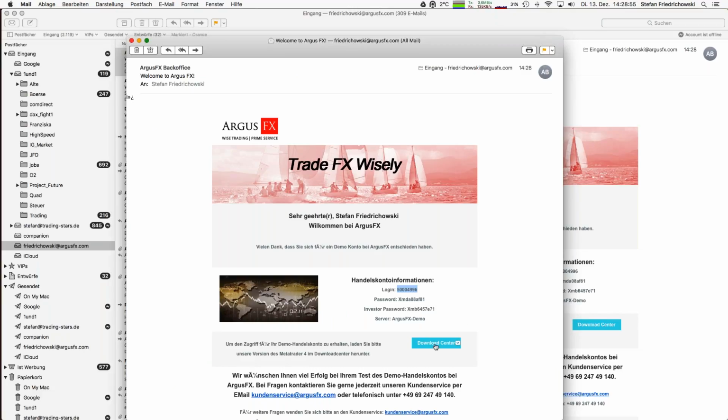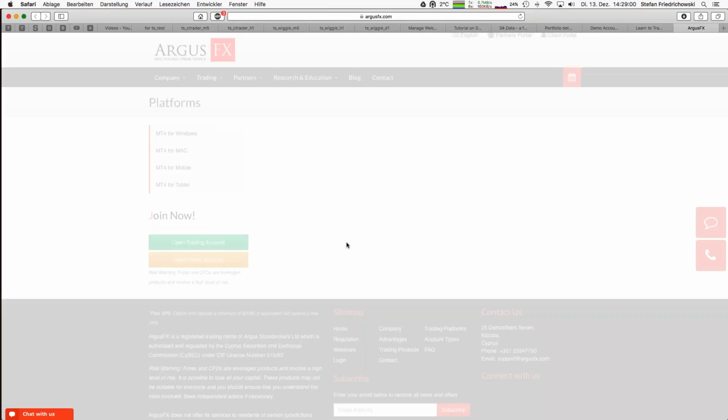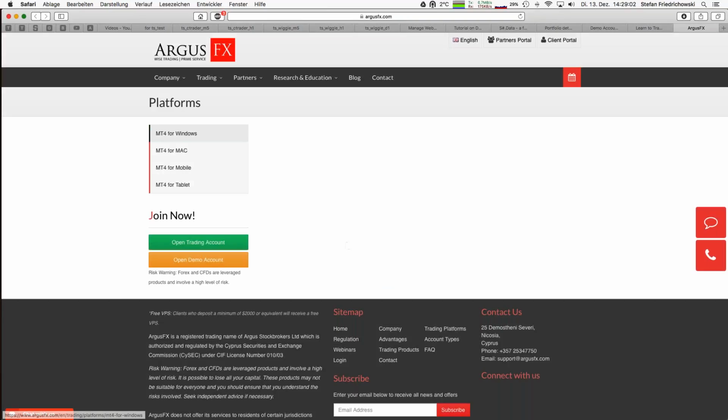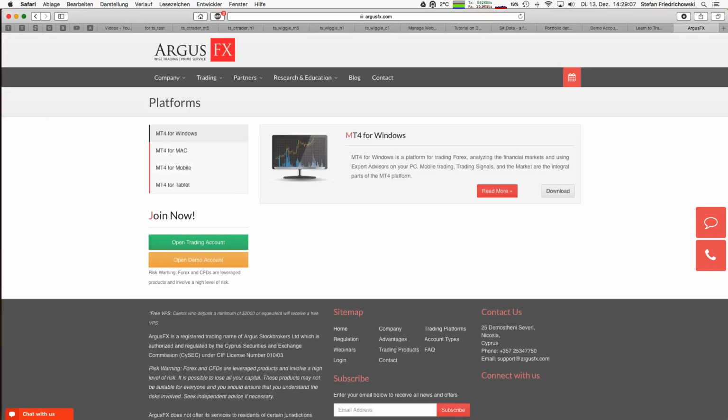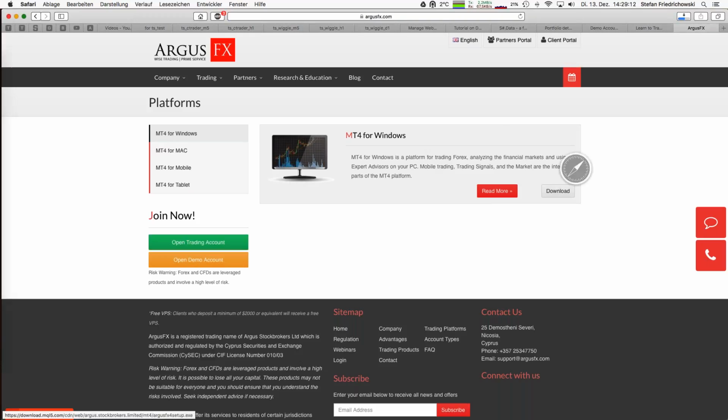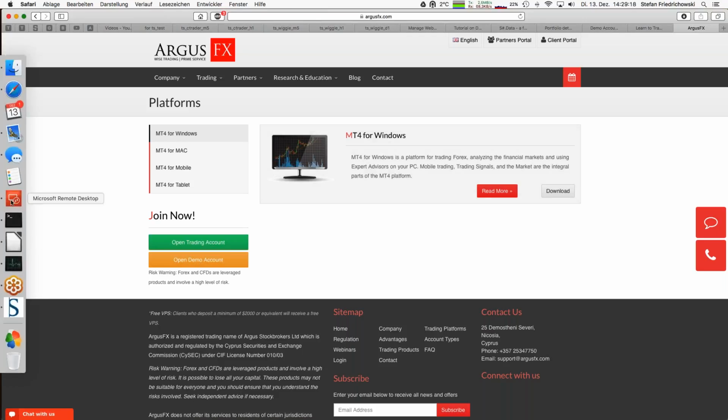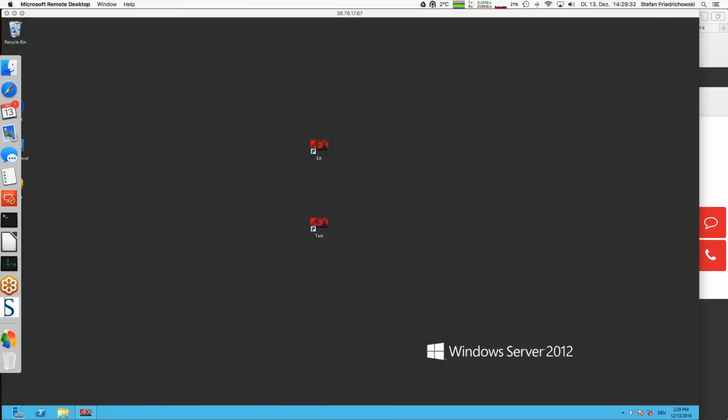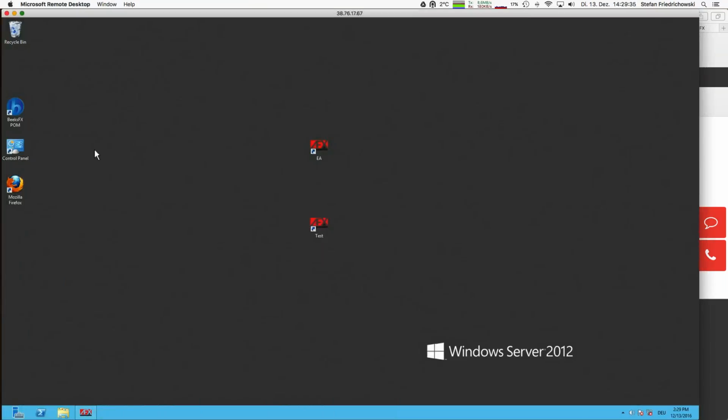So what you have to do next step is you go to the download center, and going to the download center means that you can download the MT4 Trading Platform for your computer, going for Windows, for example, and then press download, and then everything is done. So what are the next steps? The next steps now are, since I'm here on a Mac computer, I will switch to a Windows computer right now, because I know that most of you have Windows computers. So let me go to a Windows here,